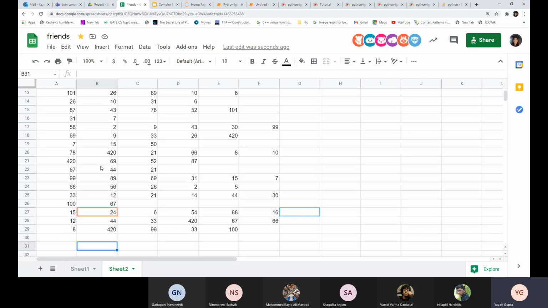I'm also done. Okay, so everyone done or someone remaining? Gupta's done, Ali's done, Harshit done, Vamshi done, Satvik done, Navneet done. Okay,